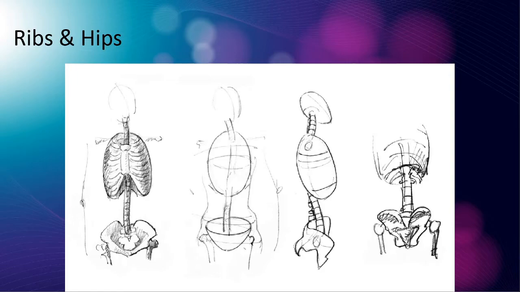And then a sideways oval for the hips, but some people draw a little bowl for the hips, right? Some people will draw the hip bone like two little ovals over here, right? So that was just a note on the ribs, hips, and spine, because we'll be talking about that later. It's very important to keep those in mind when you're drawing humans.